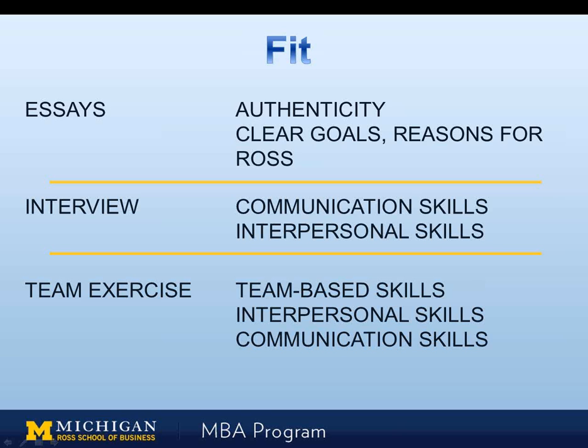That said, if we have 2 candidates who are fairly similar in terms of GMAT score, academics, work experience, if we need something to tip us over the edge for one candidate or another, we would look at the integrated reasoning score. Just to give you an idea of why we think it might be useful,